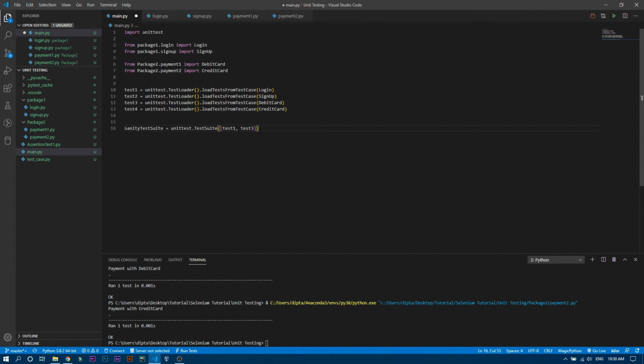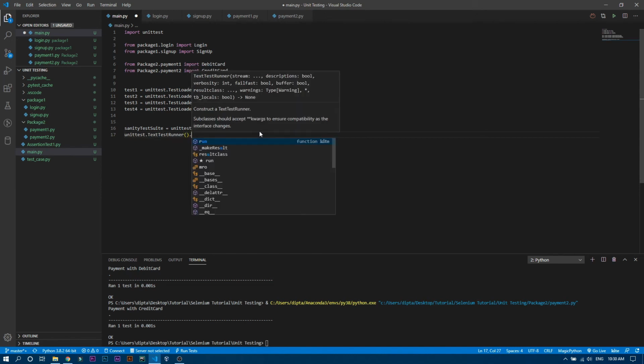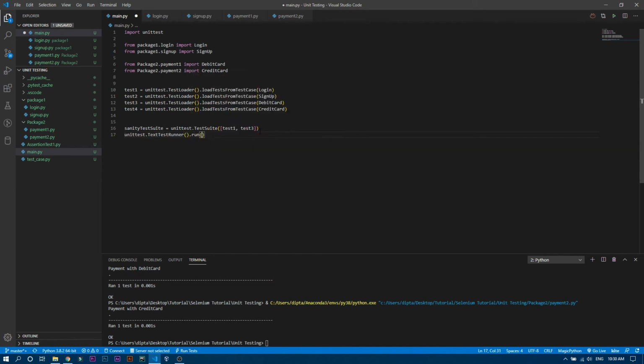And now since we want to perform these test cases, we have to just write unittest.TextTestRunner.run, and over here we just need to pass the suite which you wanna perform, right? So yeah, sanity test suite. Okay, yeah, so let's see what's going on over here.